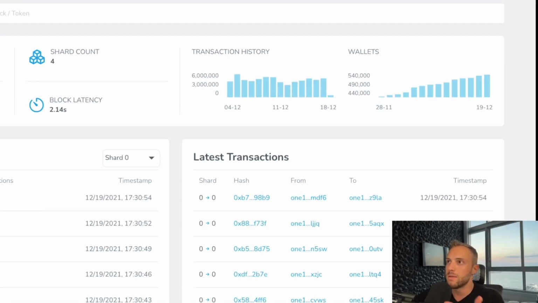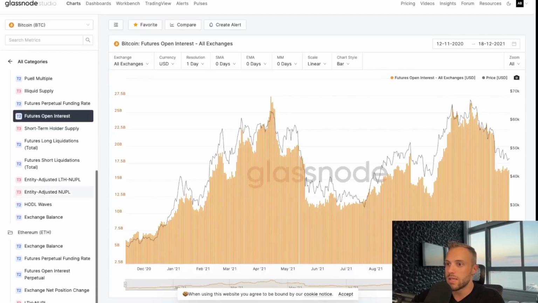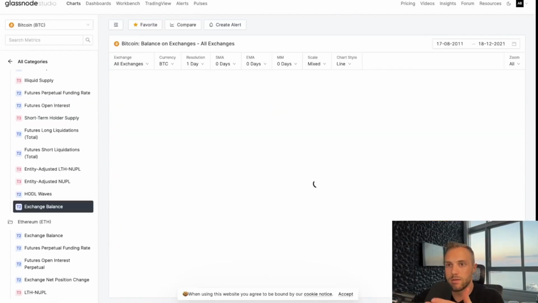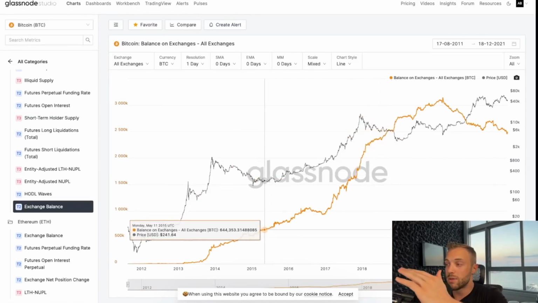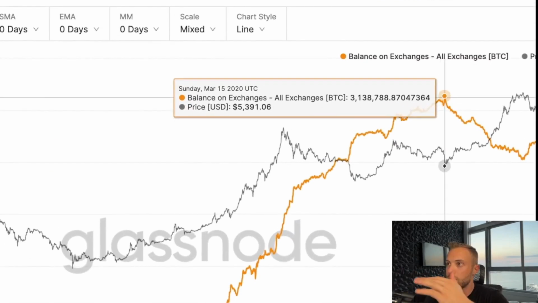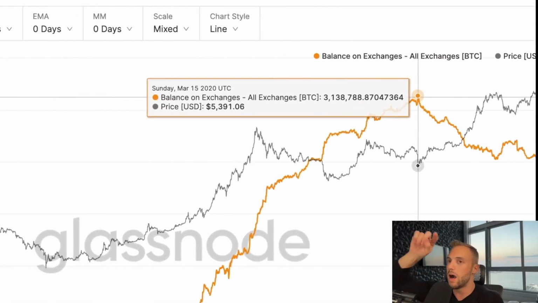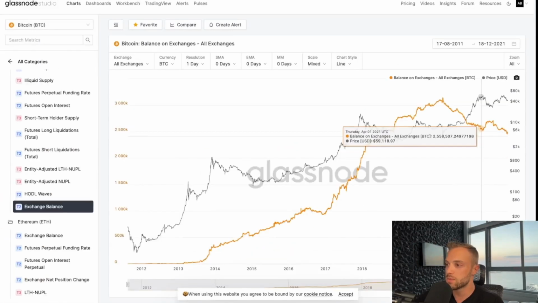Same thing with Bitcoin. If we're looking at Bitcoin fundamentally, let's look at some fundamentals on Bitcoin. For example, the exchange balance, which is another example of fundamentals. You can see a bunch of Bitcoin moving onto exchanges at the beginning of its life cycle, and then all the way up in 2020. On March 15th, you see Bitcoin going off of exchanges, going down. That's strong fundamentals, but this is really long-term because we're looking at decades.